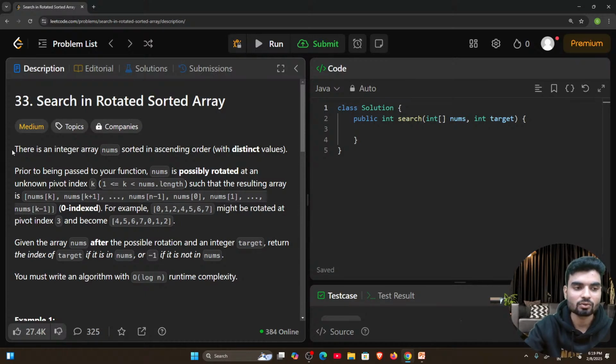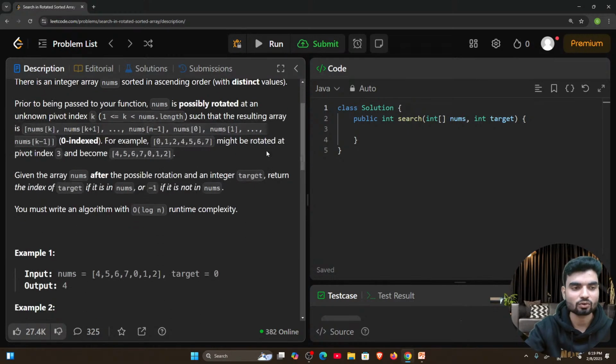They have given you an array named nums, which is sorted in ascending order with distinct values, meaning there is no repetitive value. Prior to being passed to your function, nums is possibly rotated, meaning some elements have been reorganized, at an unknown pivot index k, where 1 is less than or equal to k, and k is less than nums.length, such that the